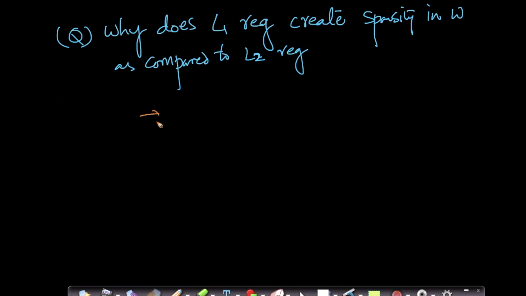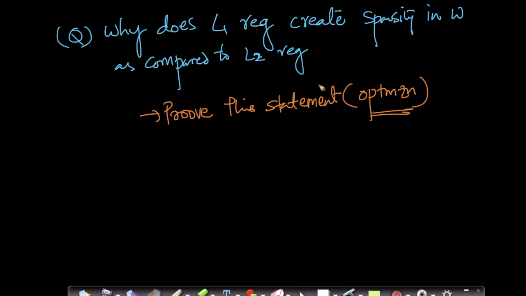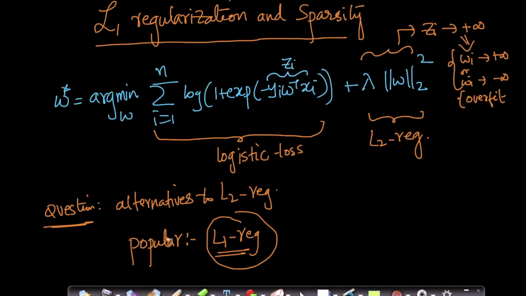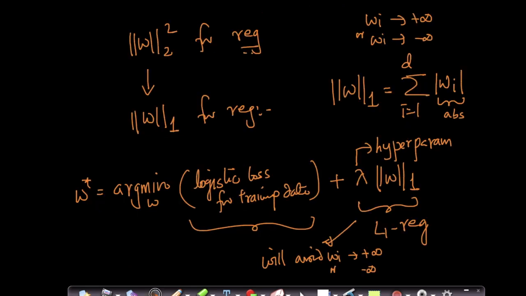We'll prove this statement logically or algebraically when we learn optimization, in the next chapter. I will prove it intuitively, not rigorously mathematically, that L1 creates sparsity in your weight vector as compared to L2 regularization. Till then, you'll have to wait. But you'll see that people often use L1 regularized logistic regression instead of L2 regularization. There is another alternative